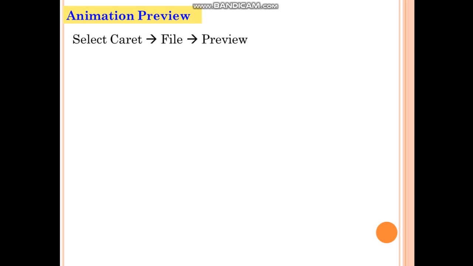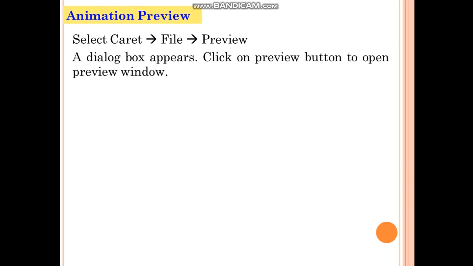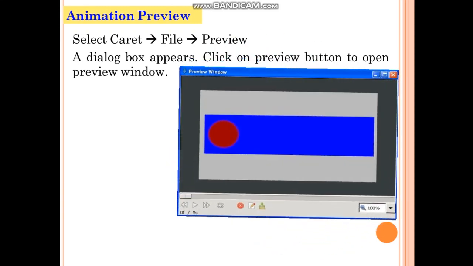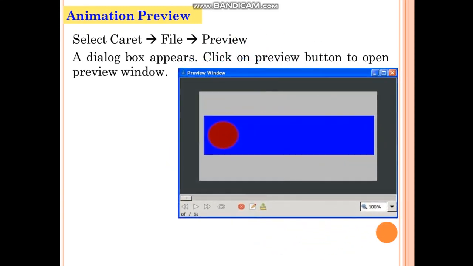So if you want to see the preview, then you can select the file preview button. When you select this option, it will display a dialog box. Click on preview button to open preview window. So it will open a preview window like this. Here you can see there is a button. The name of this button is loop.